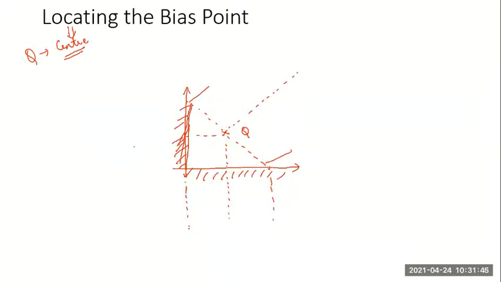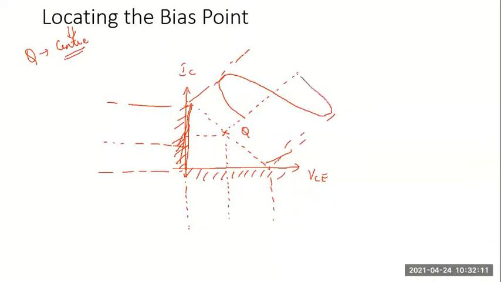Now, in order to justify the location of the Q point, we can consider the input signal and output signal. Remember, this is collector current, collector emitter voltage, like what we considered yesterday. We have to consider the input signal given here. You see, I can give the maximum length, or the maximum swing, we call it signal swing.